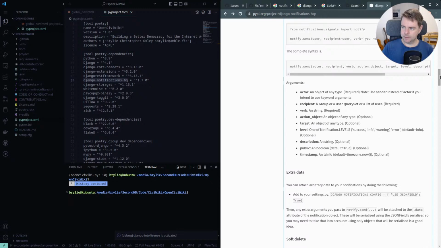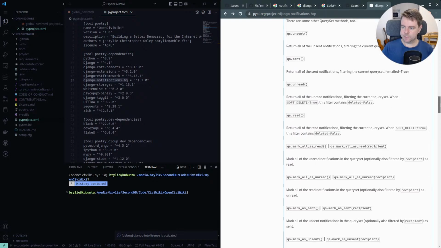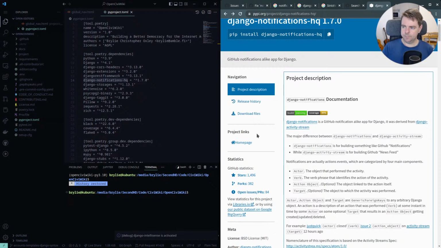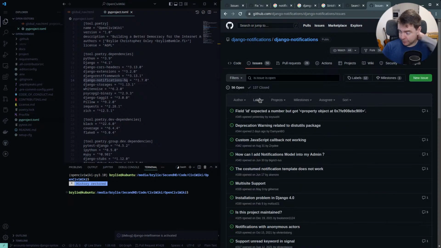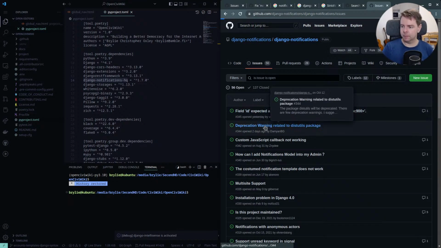I think this is a good feature to have. I'm going to open an issue here.